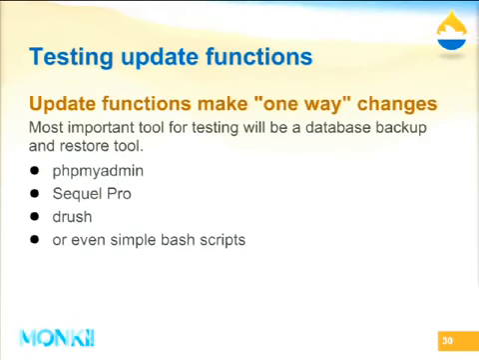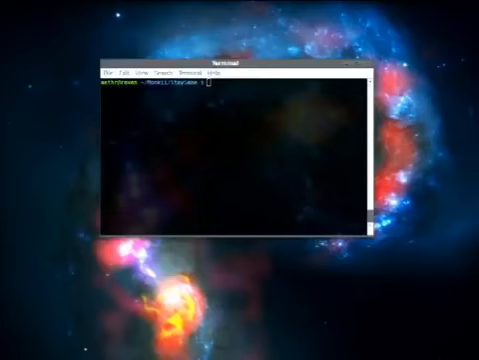So testing update functions is always interesting because they make one-way changes to your database. But all you need to do is use something like a database backup and restore tool. You can use phpMyAdmin or SQL Pro. There's some like 3 drush commands that you need if you want to do that with drush. And you can write your own bash scripts and stuff if you're into that. The commands that you're going to want to use if you're using drush